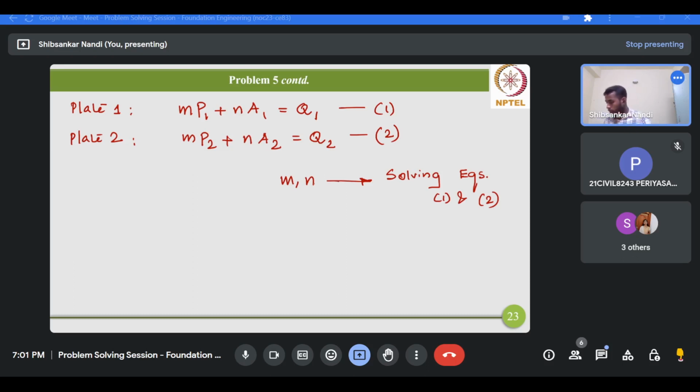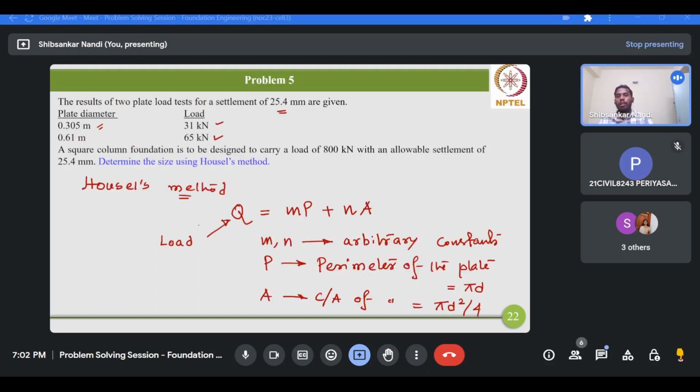Now, for your easy reference, I am giving you the values which I have calculated. So m is 20.5 and n is 30.8. After solving these equations you will get the values for m and n as 20.5 and 30.8 respectively. Now what you have to do is design a square column foundation which will